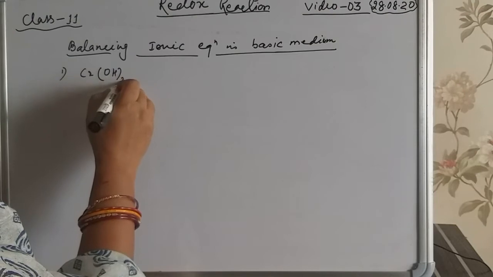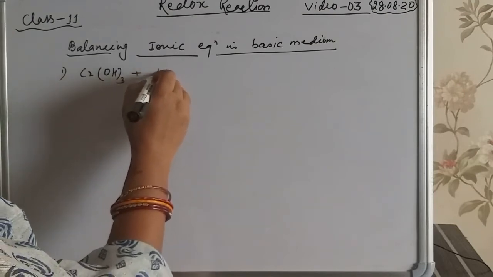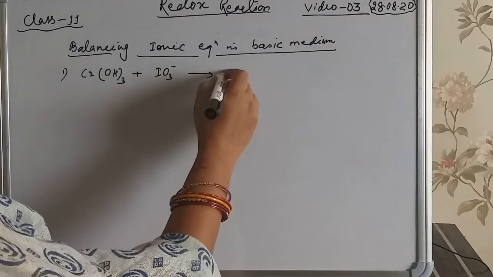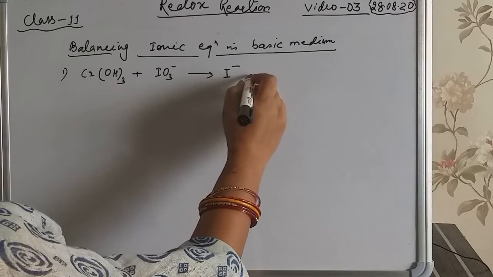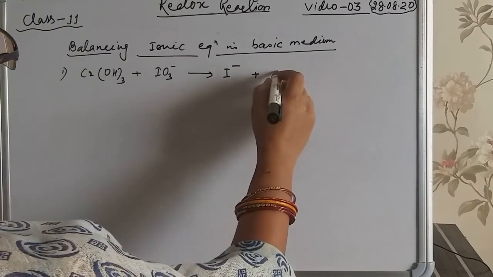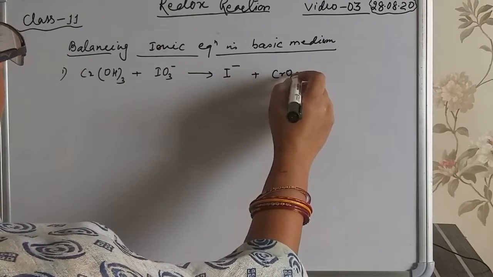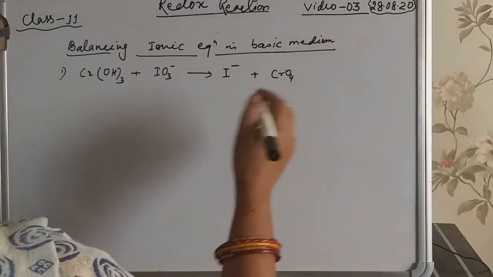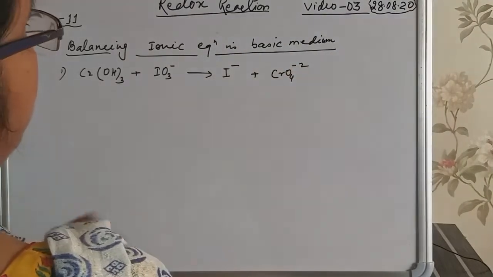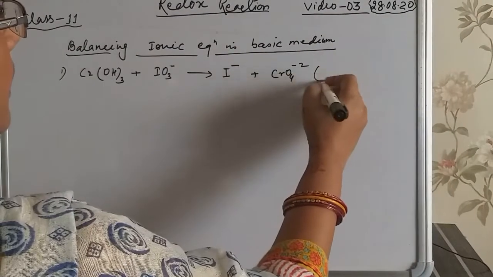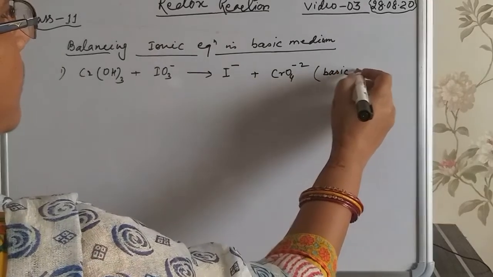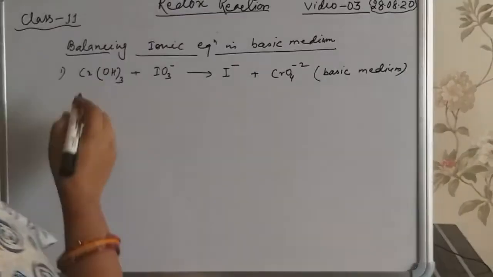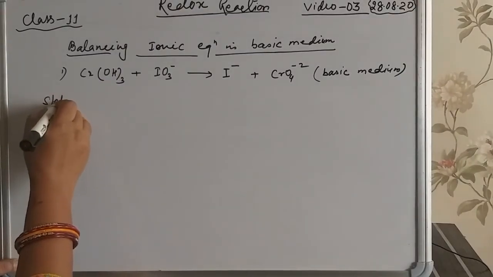Chromium hydroxide plus iodate ion to form iodide and CrO4 2 minus. So let's discuss balancing this equation in basic medium. At first, in step 1,